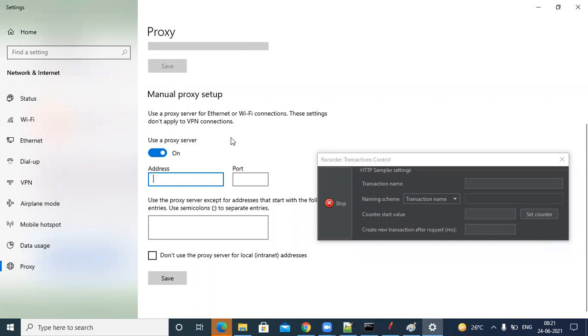Why are we not preferring this? While testing, suppose I keep the JMeter proxy here, localhost and 5555. If I stop my JMeter at that time, you won't get internet on your system. I have faced it. It's blocked, and if you want to debug or test some other things, you can't search the internet.